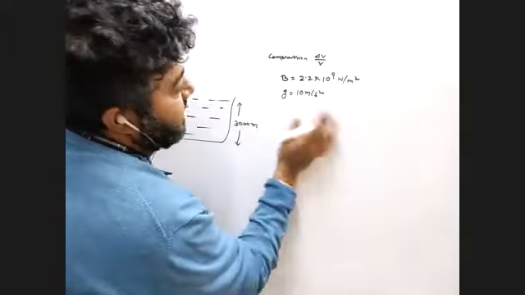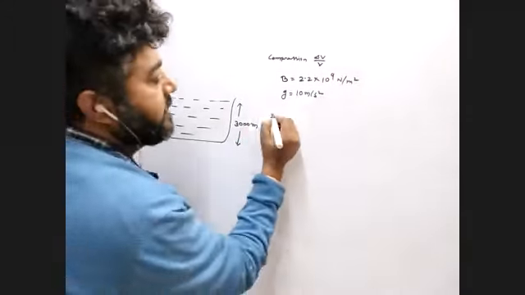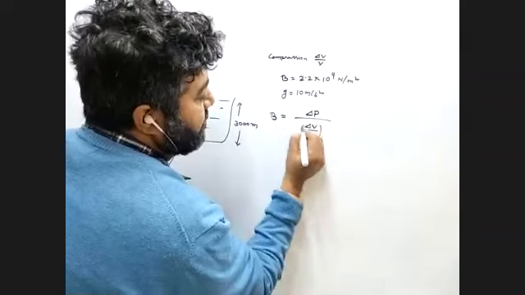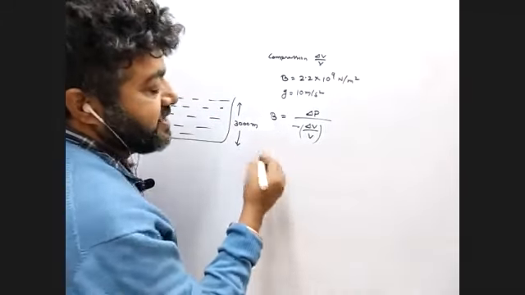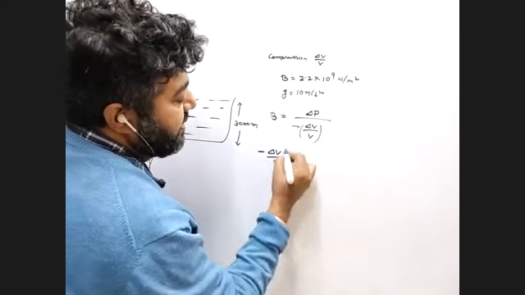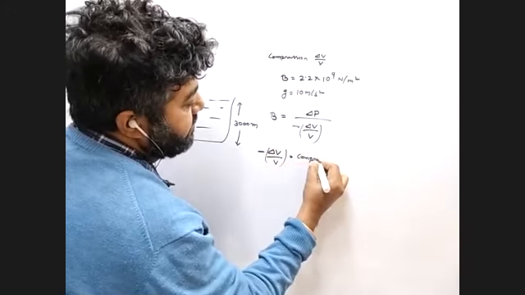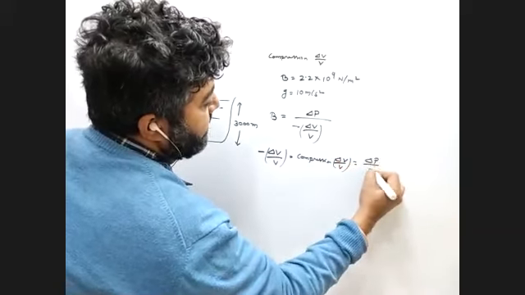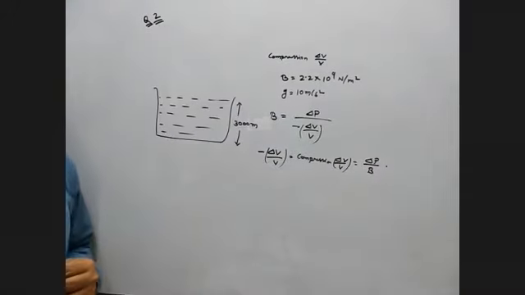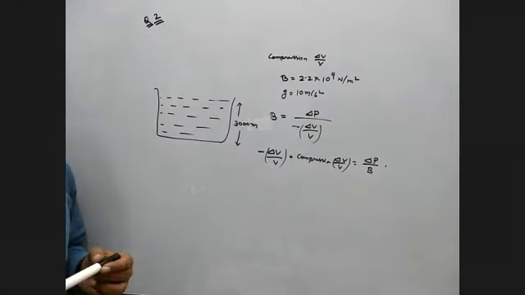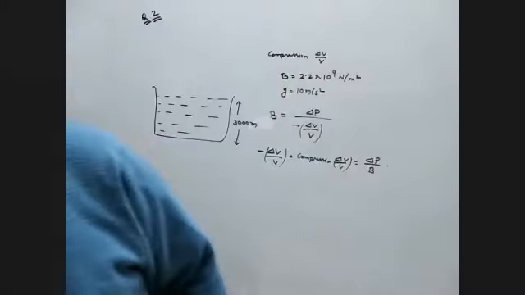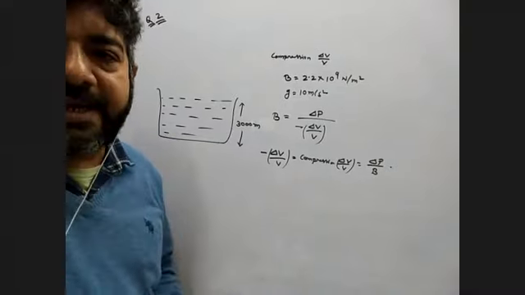So that means I can give you one hint. We know bulk modulus is change in pressure by change in volume by volume, with a negative sign. So compression itself has a negative sign, minus del V by V is the compression. So what you have to find out is del P by P. Is it clear? Everyone, is it clear? Yes, sir. So I give you 2 minutes. Try it. Anyone? Any idea? Any guess?